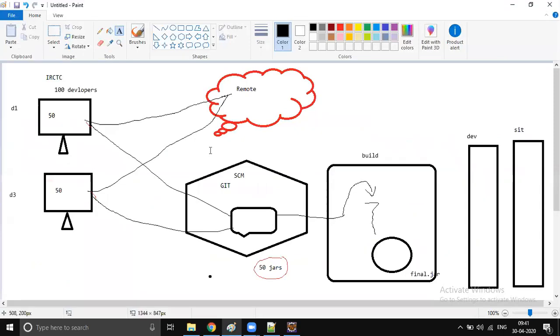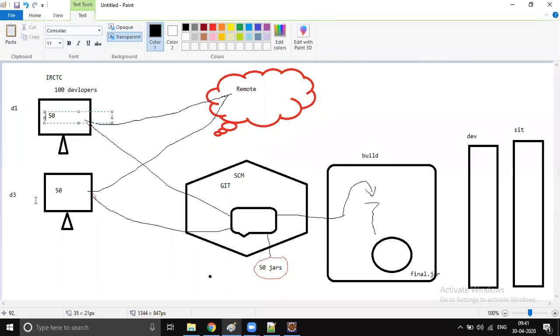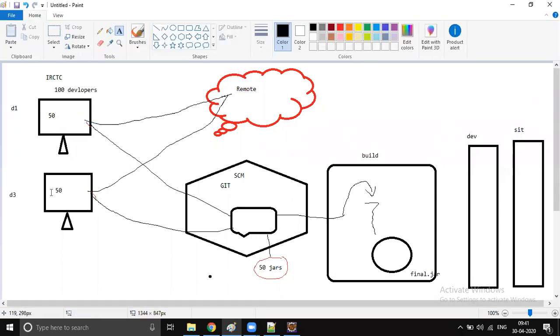As I just said, every machine will download all these 50 jars because my project needs 50 jars, which I configured in the pom.xml file. So my Maven will download all these 50 jars into the local machine. Developer 1 will have all the 50 jars in his local machine, and developer 2, developer 3, or developer 200 will also have the same 50 jars downloaded into his local machine.